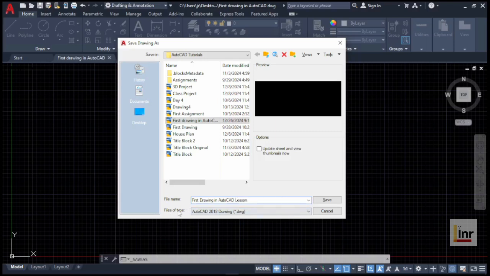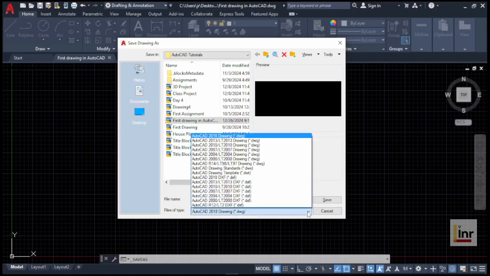It says files of type. So you click on the drop down, it permits you to pick the file type. We'll pick a file type that is lower than the year of the AutoCAD, or a file type that can be accessible by your fellow collaborator on a project, which means the file type should be either of equal version as the version of AutoCAD your collaborator is using, or it should be lower for your collaborator to be able to view it. So let's pick AutoCAD 2018